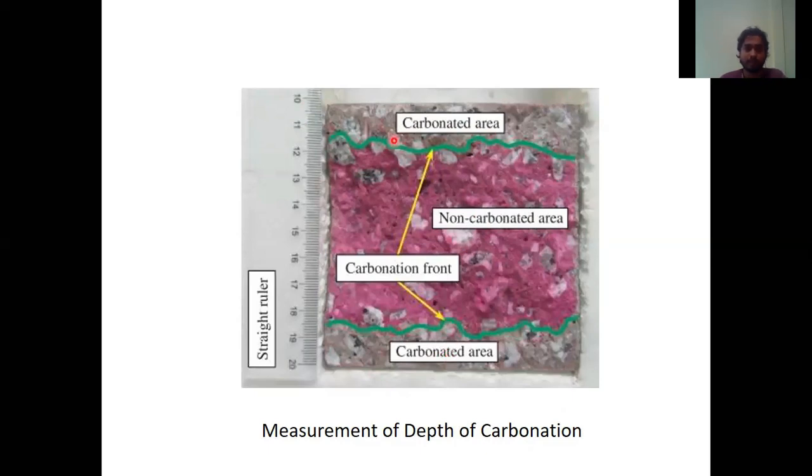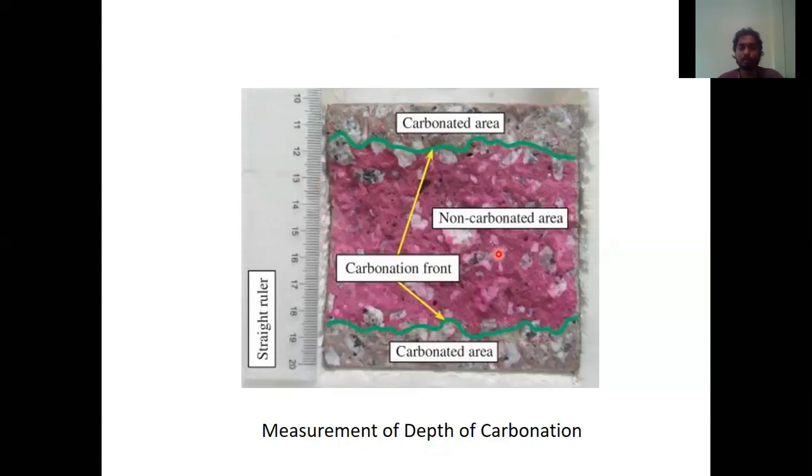So what we have concluded in this particular sample is that because of the porosity present in the concrete, the carbon dioxide from the atmosphere has penetrated up to this green zone. Up to the top of this green zone, we can say the carbon dioxide is present. So we can say the pH level has decreased below 8, at the top of it and the bottom of it, and not at the side. Okay, and this whole portion, the pink color, is the alkaline portion.